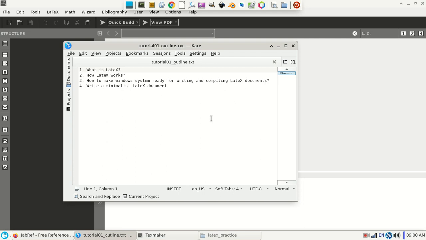In this tutorial, we will see what is LaTeX, how LaTeX works, how to install it on Windows platform, and at the end we will create a minimal LaTeX document. LaTeX is a typesetting system. It contains formatting commands. So actually, you can also say it is a document processing or formatting system. The philosophy behind LaTeX is that the author should focus on writing the document and let the LaTeX do the